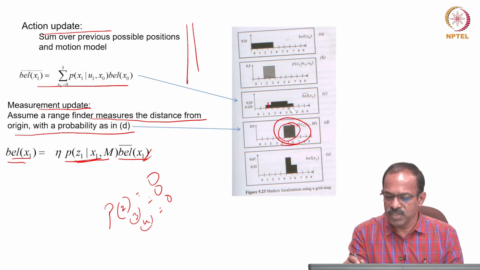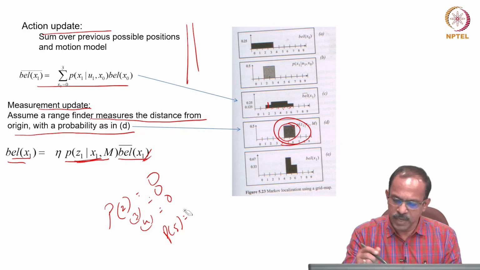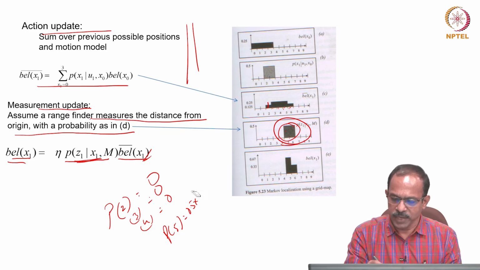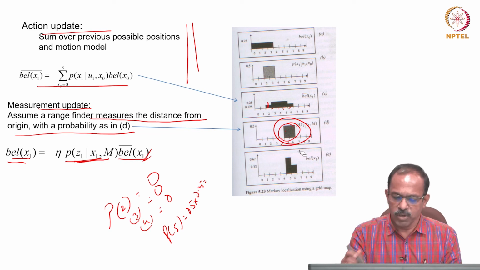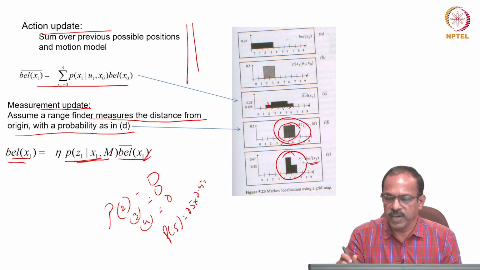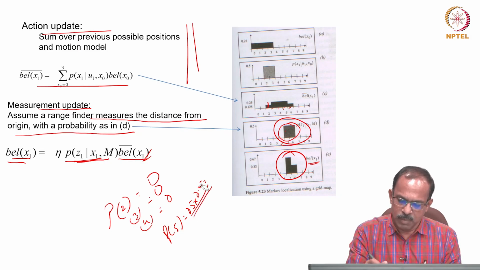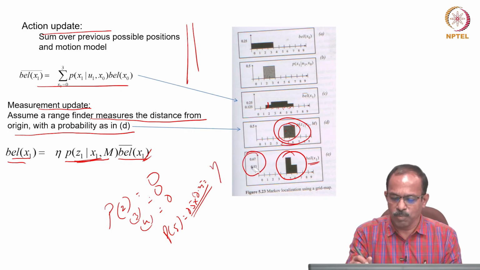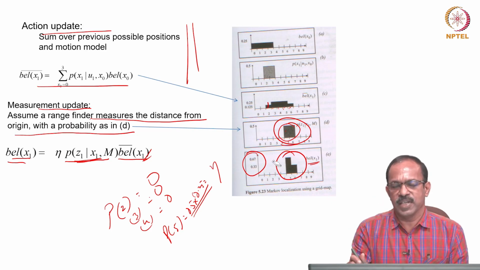Now, we look at 5 and 6 and ask what is the probability. The probability that the robot is at 5 will be this 0.5 multiplied by 0.25. That will be the probability. Similarly, at 6 also you will be able to get the probability, and then if you do this, you will see the final belief state of the robot will be like this. Now if you do 0.5 multiplied by 0.25, it will be a small number. So, we multiply with an eta, so that the total probability becomes 1. That is why we use the eta multiplication factor.